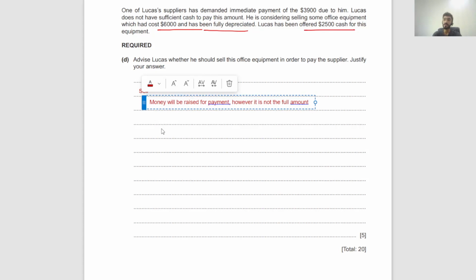So money will be raised for payment. However, it's not the full amount required, right? So actually that's two points. That's one for selling, and also why selling is a problem, so why we shouldn't sell actually. Money will be raised for payment. However, it is not the full amount. Another reason for selling,